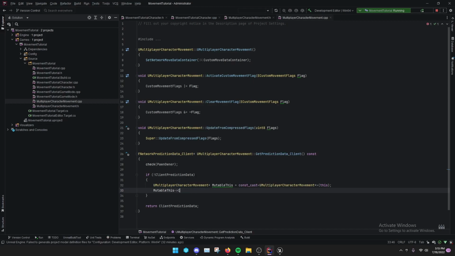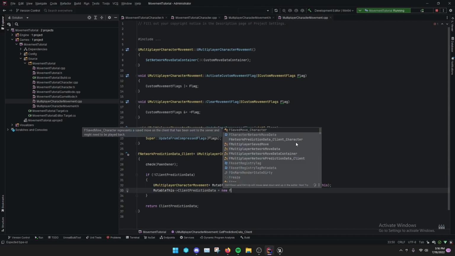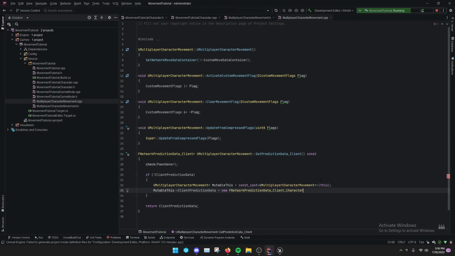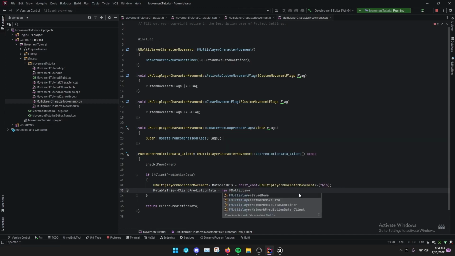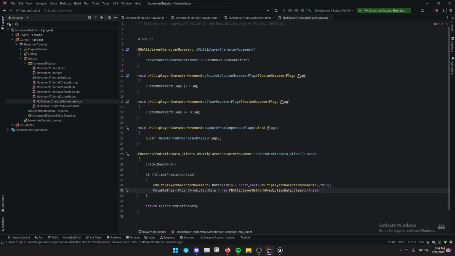and set client prediction data equals new F, I cannot type, FMultiplayerNetworkPredictionData_Client. And then dereference this pointer. So do this. So this will create a new multiplayer prediction data, and we're going to set it in the character movement component. And then from that, we need to get mutable this and set the client prediction data